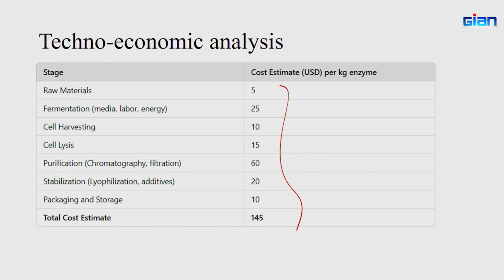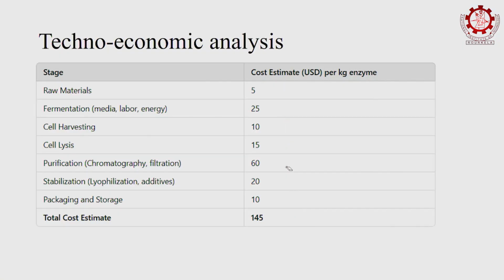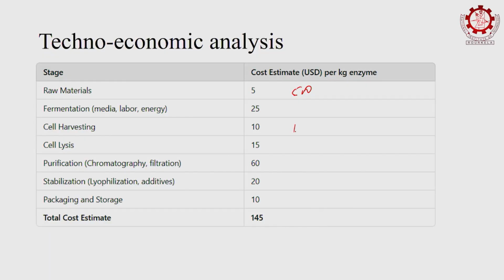It's a very good question. To be honest, this is wrong. I think you just did like, okay, you know what? We have to do this. 5, 25, 25, 30, 60. It's just random values, like the numbers that you have chosen: 5, 25, 10, 15, 60, 20, 10. Those are random values, like, it will come to your mind. If I was in your position, I would say, okay, 500, maybe 1,200. Cell lysis, maybe 800. You can do it that way.